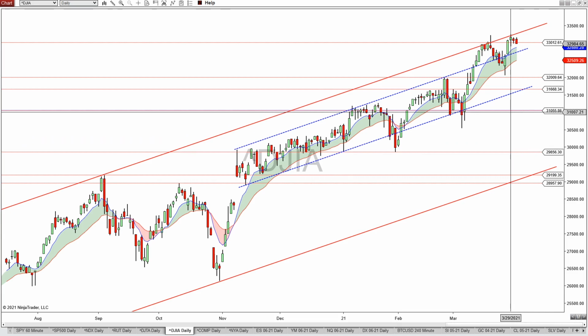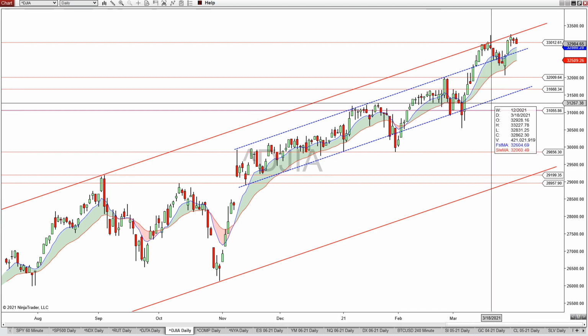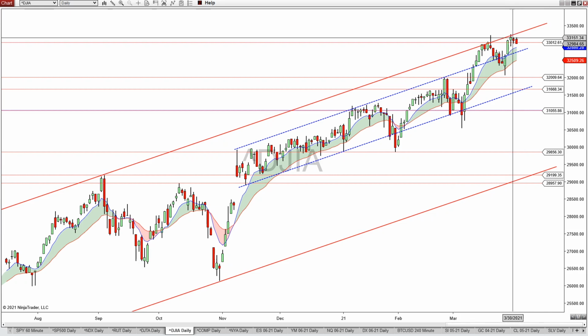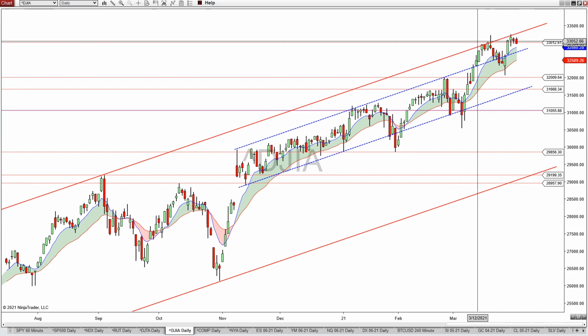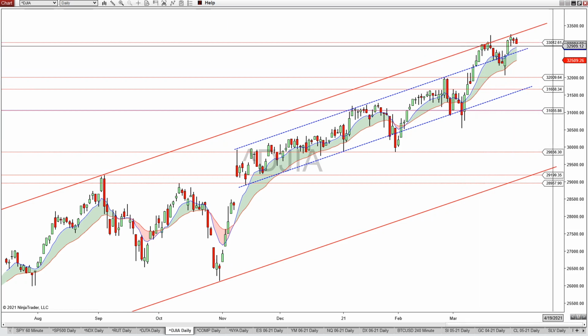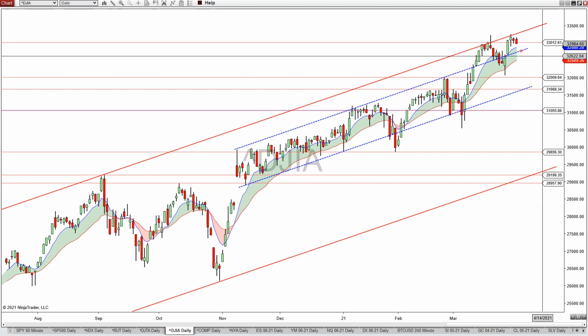Right, here's the all-time high for that day: 33,259. And here is the old prior high, 33,227.78. And you can see that after Monday's high, it came back down. And right now it's testing the prior high, the pivot here at 33,012.61. So if this thing decides to pull back, the first thing we want to watch to see is, will